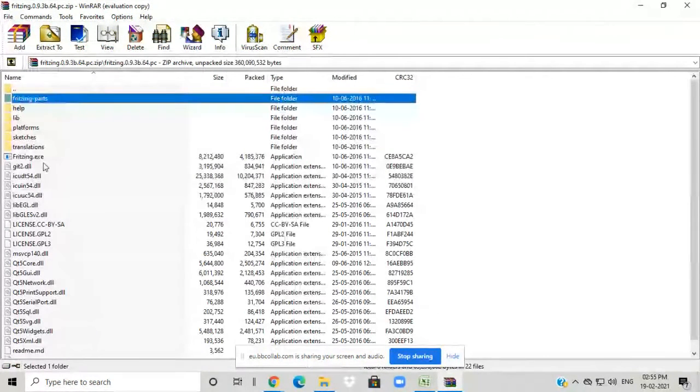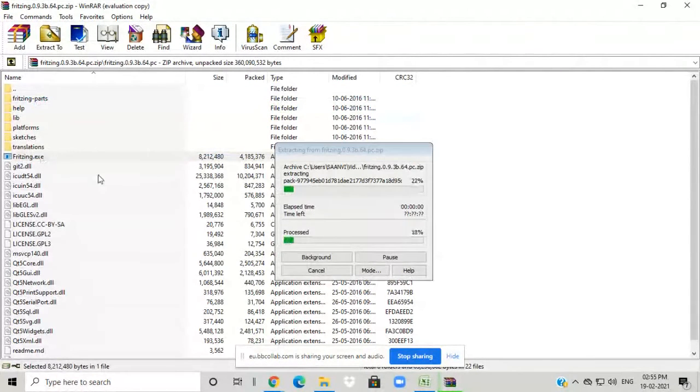When we open the folder, fritzing.exe, the executable file is there. Click over there, then it will extract the files. Okay, it will take 1 minute. Afterwards, it will directly install Fritzing. Similarly, in Arduino, you have to just extract the files and click on the executable file. Just press next, next, next, and it will be directly installed. It is very easy to install.